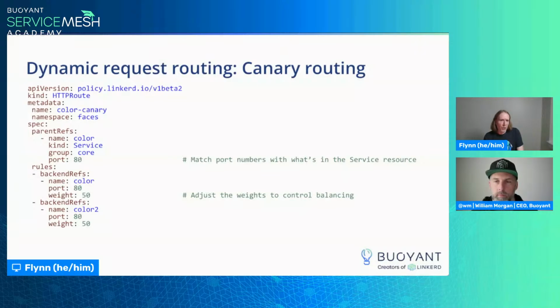One thing that I would like to point out here, since we're talking about parent ref and such, is that if you look at a lot of the Gateway API documentation, they will always show an HTTP route with a parent ref of a gateway, and we are using a parent ref of a service. That is not an error. We are deliberately doing that. The parent ref of a service is actually the way this works when you're using an HTTP route to configure Linkerd. And this is some of the stuff that's happening down in the GAMMA working group that William talked about.